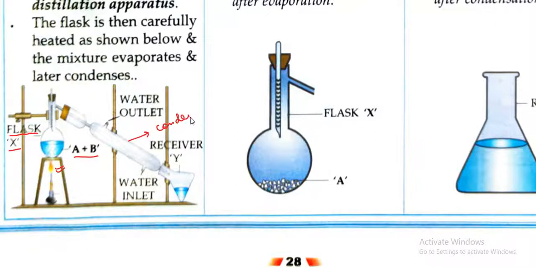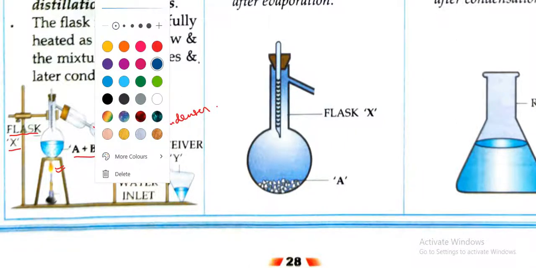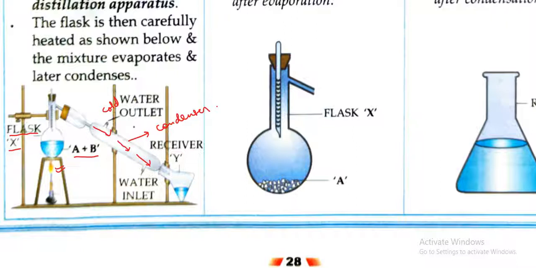Now what is a condenser? In a condenser, from one side cold water will be flowed. So cold water will be entering and through this pipe water will be passing. Around the water pipe, cold water will be circulating and will come out through this. So cold water will enter from this and come out from this, and from inside one pipe will be there. When the water vapor passes through that, it will cool down and convert to pure water and it will be collected in the receiver.